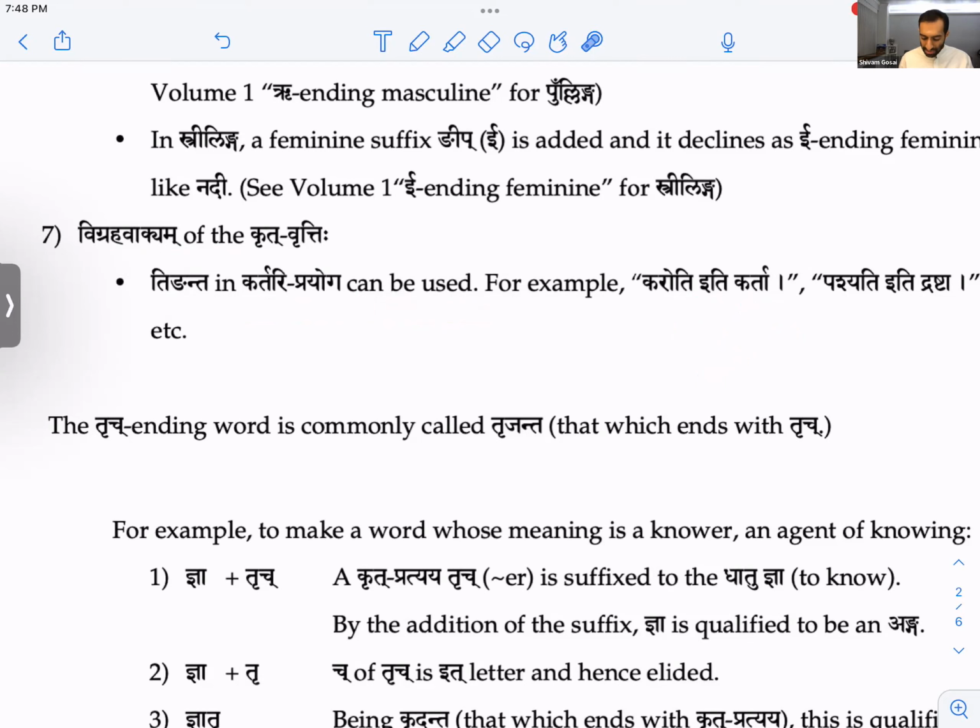Okay? Because this word karoti, it means does, right? But it implies he, she, it does. So one does. So if I were to translate this, it would be the one who does is the karta.